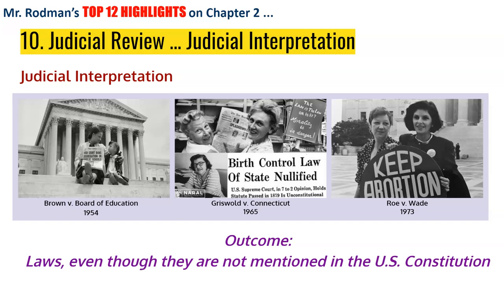In Griswold, we see the right to privacy being established as a penumbra of the amendments in the Bill of Rights, Amendment 1, 3, 4, and 9, as being part of something bigger that establishes this right to privacy. The words aren't mentioned in the Constitution or in those amendments, but the judicial interpretation in 1965 basically cobbled this together, laying the foundation and framework for what would be Roe v. Wade in 1973.